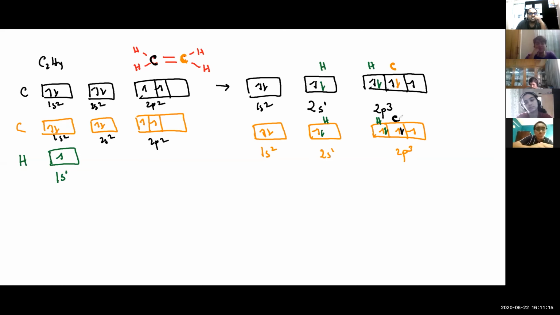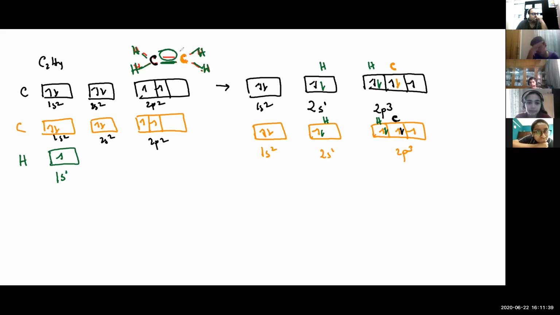So how many bonds form? 1, 2, and 3. This extra one that is left over here,